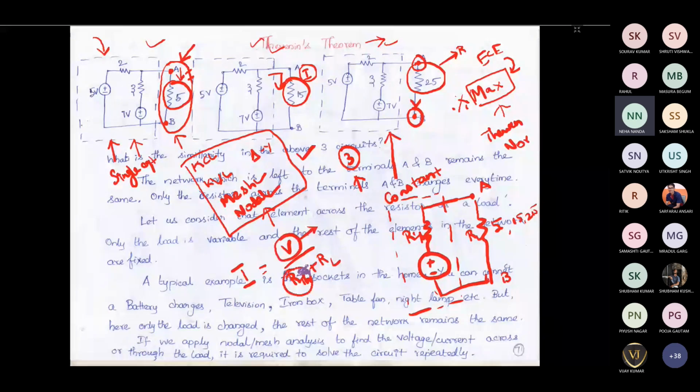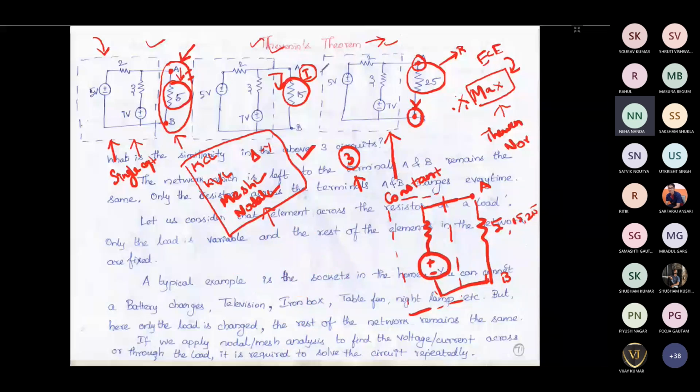Okay, once I convert from this constant part to this part, my V will be fixed and RTH will also be fixed. So if I do the fixing like this, only this load resistance, that is RL, is going to change. Then I just substitute the value of this resistance, that is 5 ohm or 15 ohm or 25 ohm. I can easily find the current. Okay, so the motive is you are having three different circuits.